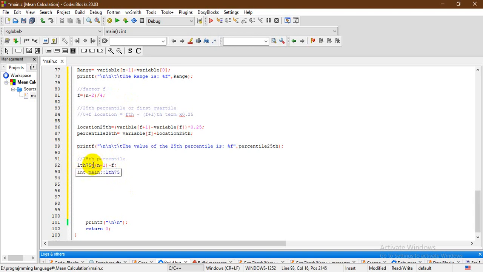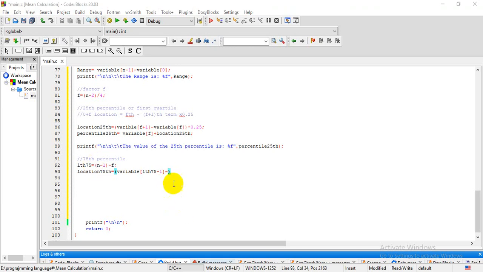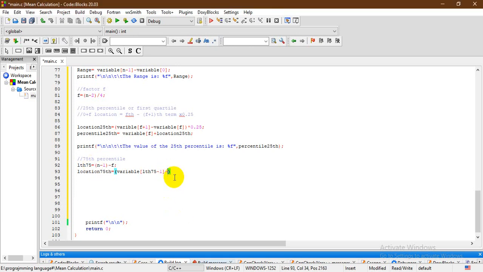So to find that location, I place square brackets, this is health minus 1, and then I come out. I'm going to subtract it with variable health